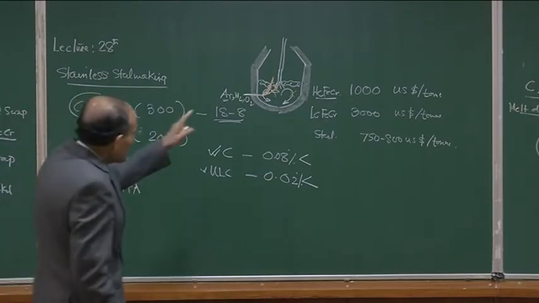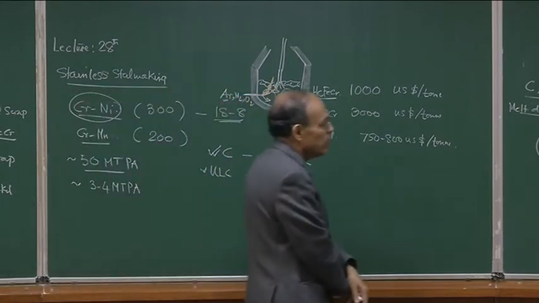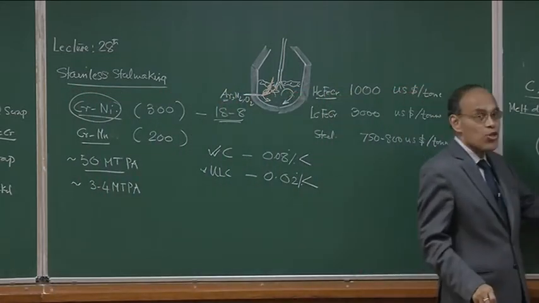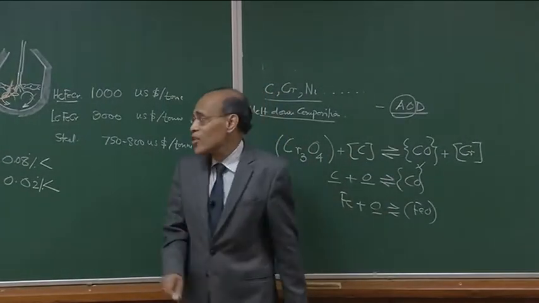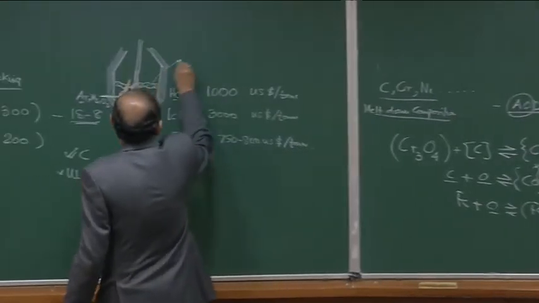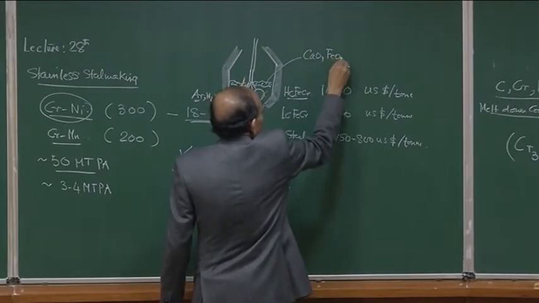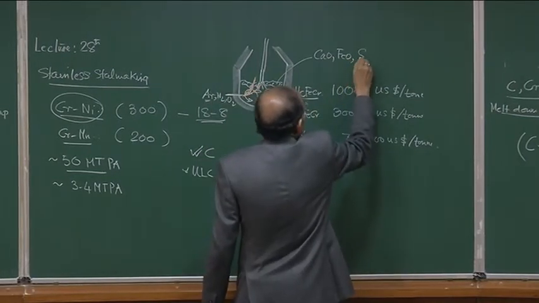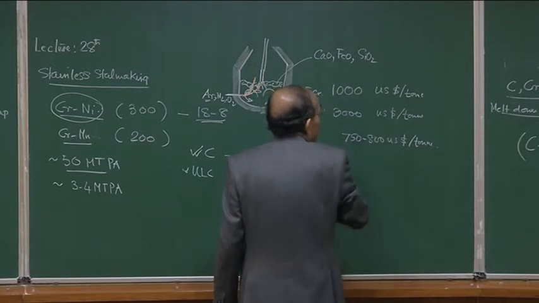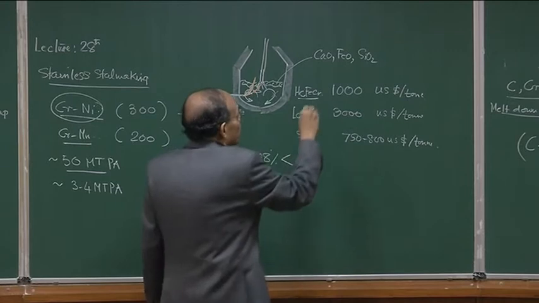Now, during the process itself, even though I have said that 3 conditions are necessary to drive this reaction in the forward direction, the slag can contain not only calcium oxide, not only FeO, not only some traces of silica, for example, this could be very small actually. Okay. It can also contain